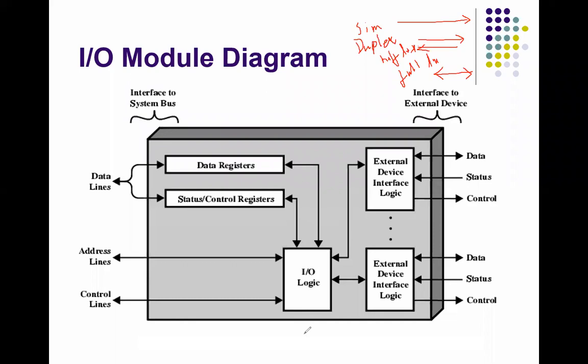So can you give me an example for simplex, half duplex, and full duplex? Any idea? Practically, you are all using these kinds of devices, in which simplex means you are communicating in only one direction. You might have experienced the second device, that is half duplex. You can communicate in both directions, but not at the same time. And full duplex, you can communicate in both directions at the same time. So in chat box,